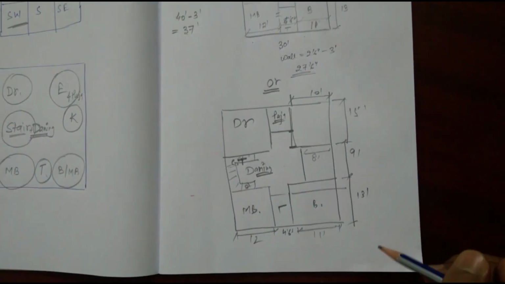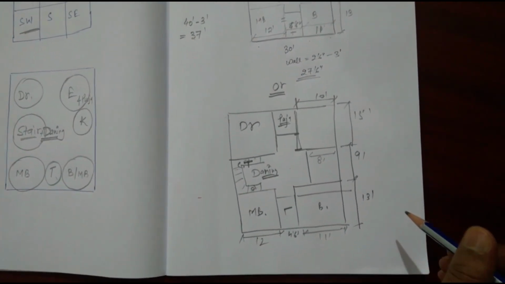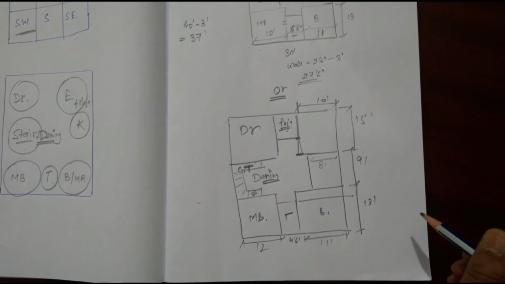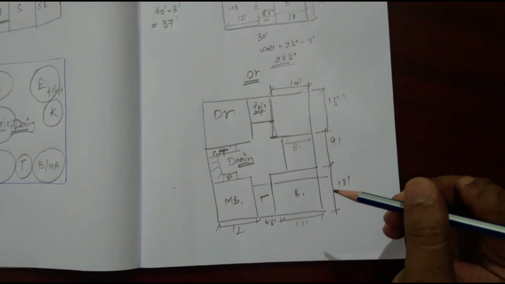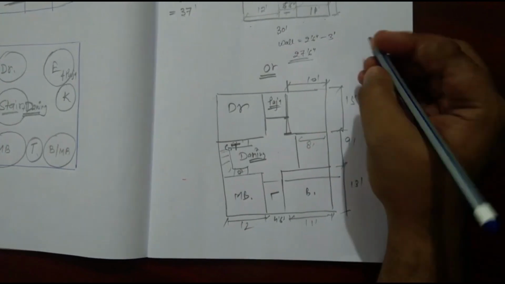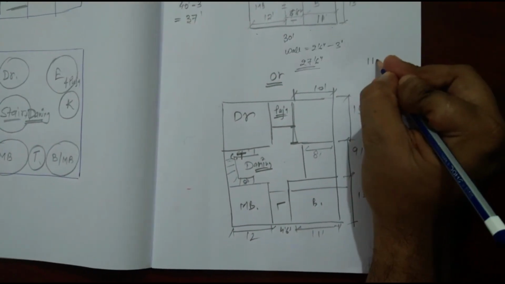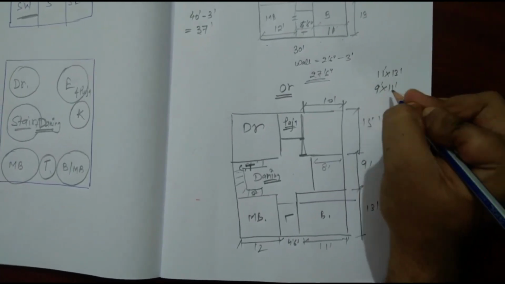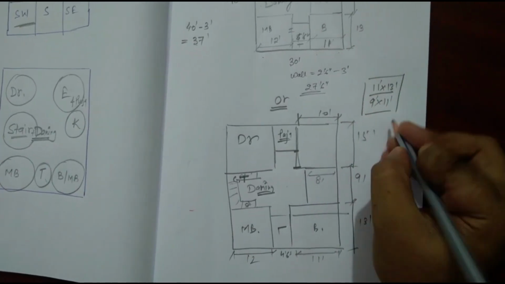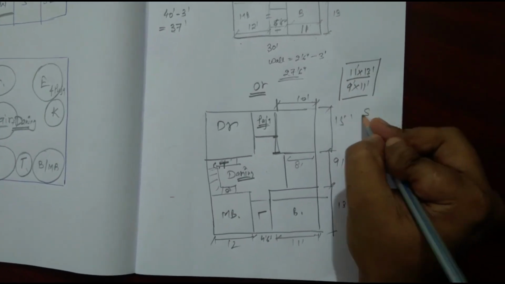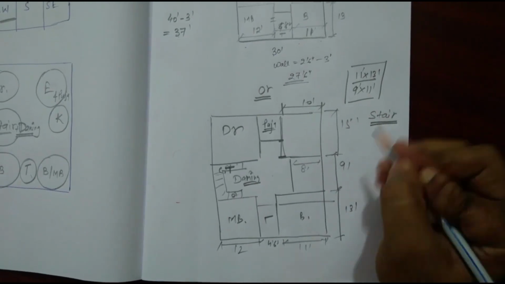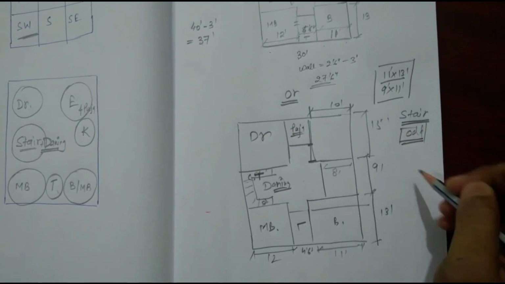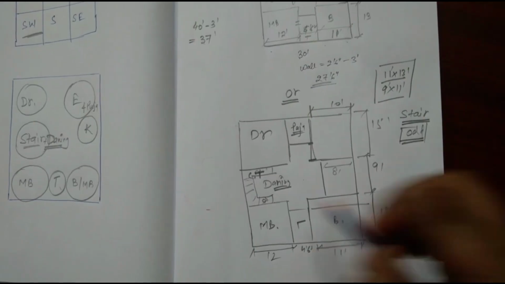In this video we discussed the planning. When we plan, we have to take into account the Vastu considerations, and basically if we follow this process, the planning becomes very easy. And while defining the size of any room, we should take into account the standard considerations. Suppose a room size is 11 feet by 13 feet or 9 feet by 11 feet. So this is good as per Vastu, because Vastu says that it should be odd sized rooms. And also in a video on aspect ratio, I had discussed that odd sizes are better, or rectangular sizes are better. So in a staircase also, if we give an odd number of steps, it is better.